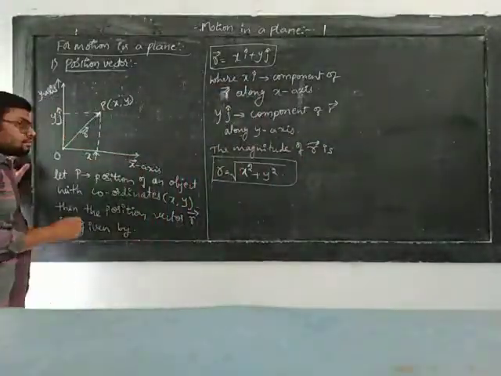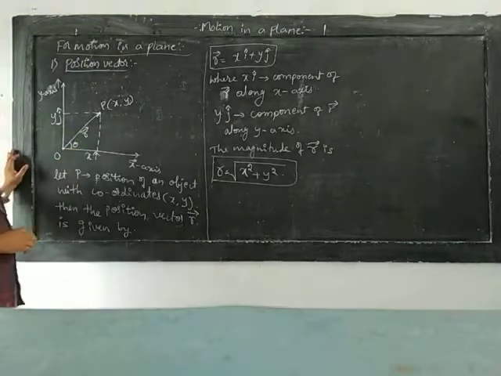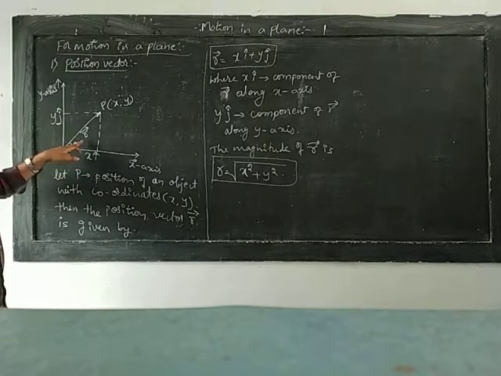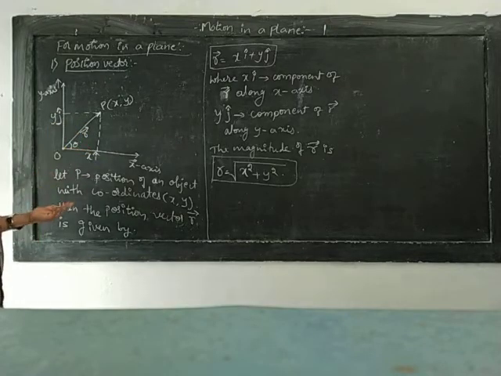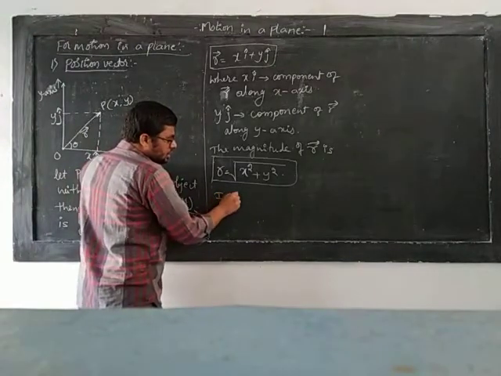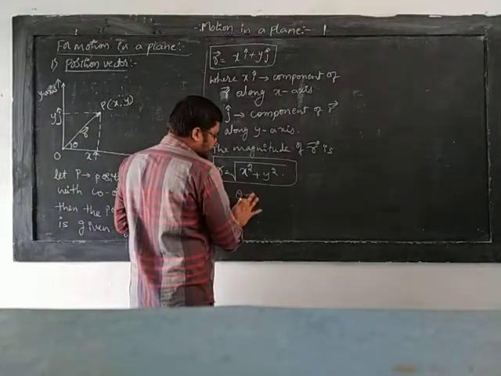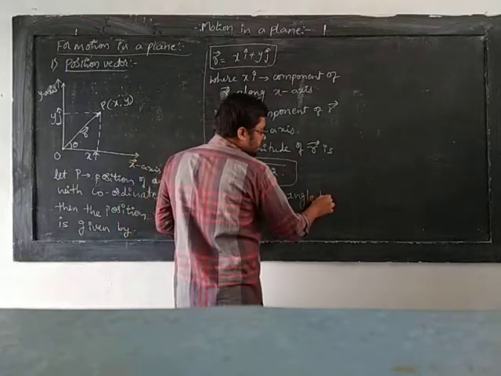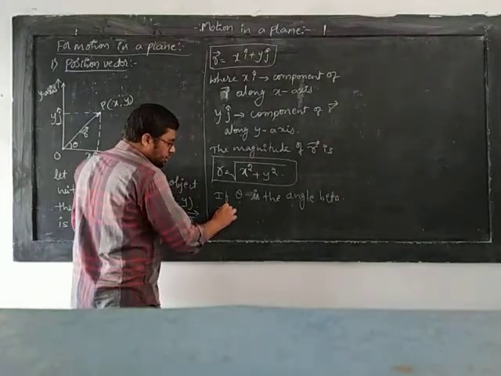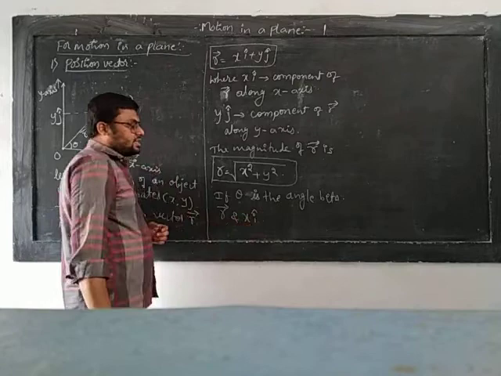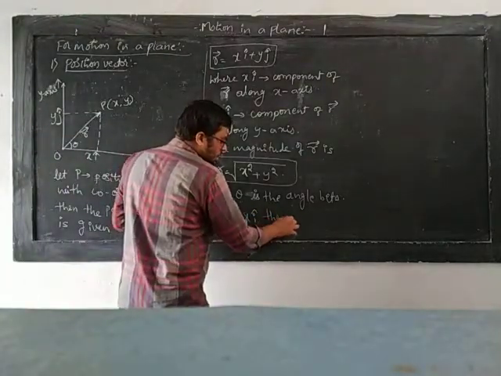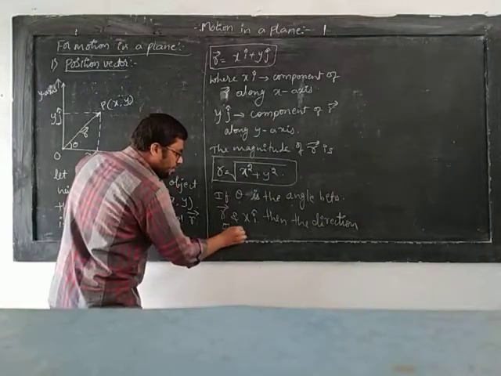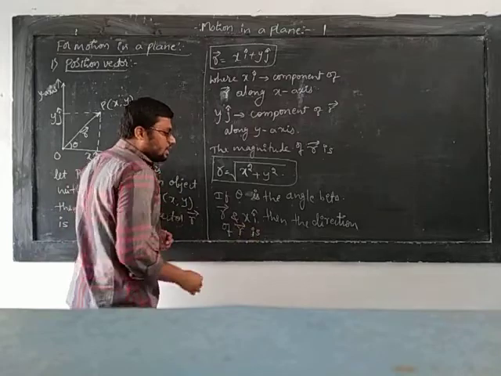If you look here, if theta is the angle made between the position vector r and its component along x direction, that is x i cap, then the direction of vector r is given by,